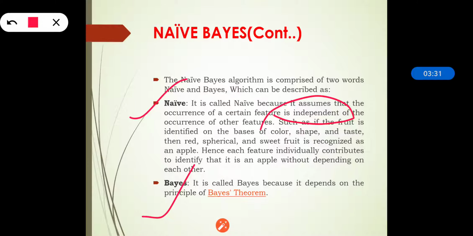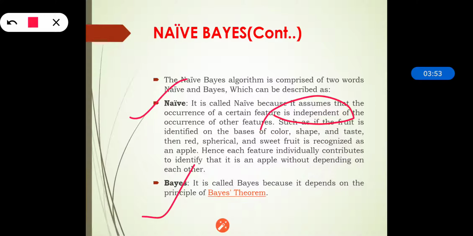As I said, the features are independent in Naive. We have taken the example of apple where the fruit is identified on the basis of color, shape and taste. Then a red, spherical and sweet fruit was recognized as apple. Hence, each feature individually contributes to identify that it is an apple.